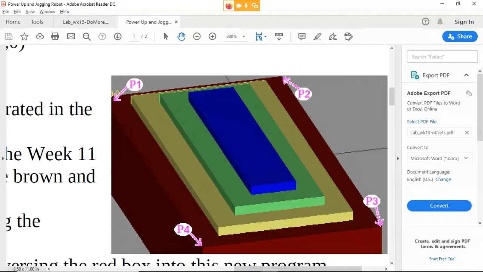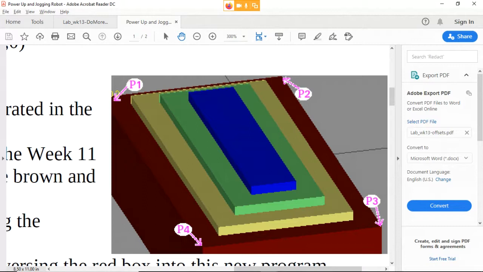But if you want to put that, I certainly support that, because I always like to truly start any program up in this kind of safe area where you know you're not near anything. And so you start the program there, and then you're going to come down to what I've got labeled as point 1 as your corner point where the 2 boxes meet as the start point. And we're going to go around